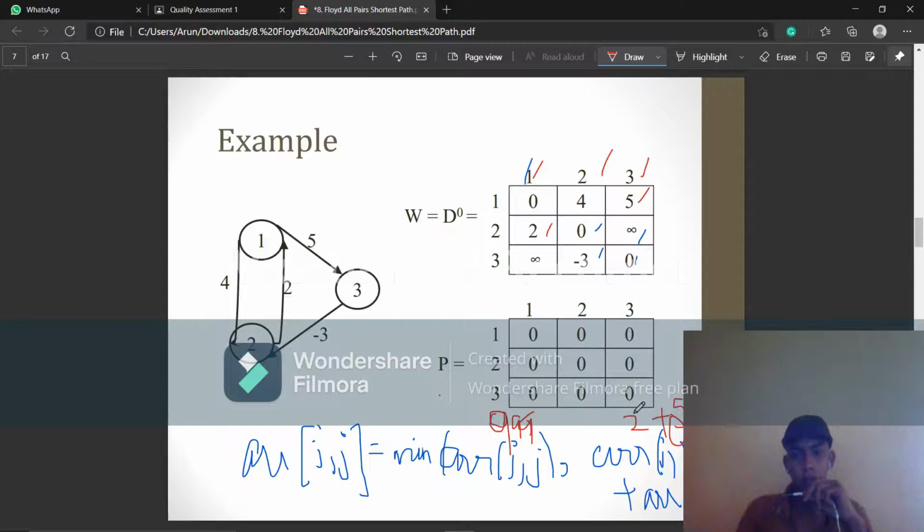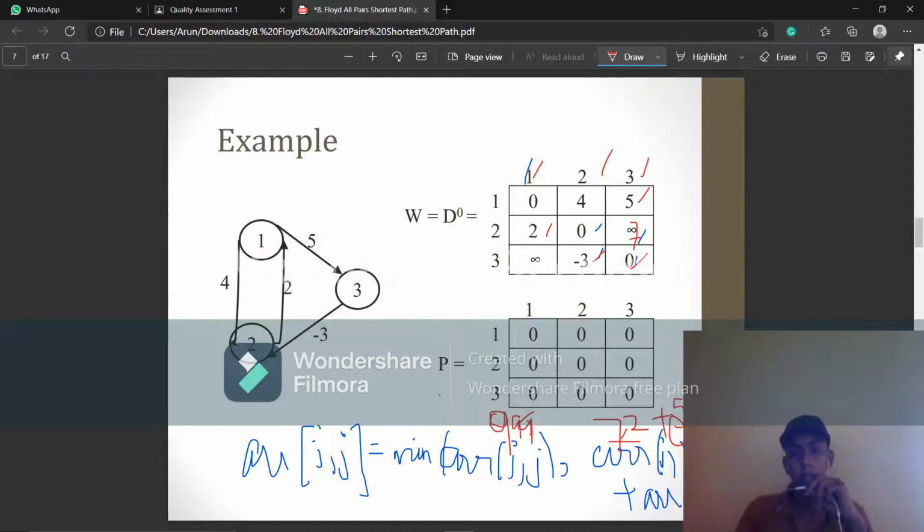So what will happen? i comma k, that is 2 comma 1, is 2 and 1 comma 3 is 5. So 2 plus 5 is 7. So triple nine comma 7, in this the minimum is 7. So 7 will be the value we need to store. So like this we are going to construct a graph. This is an example of a small subprogram.